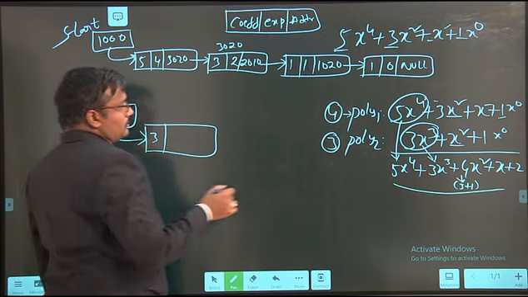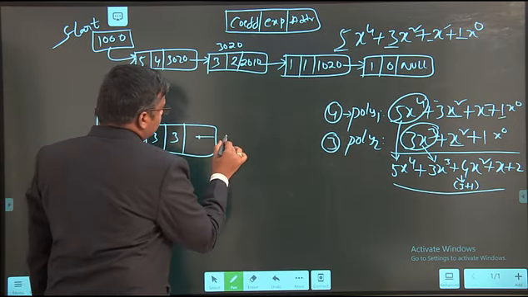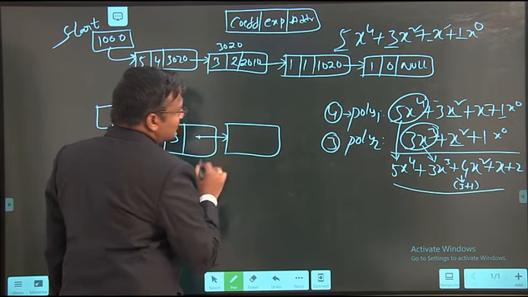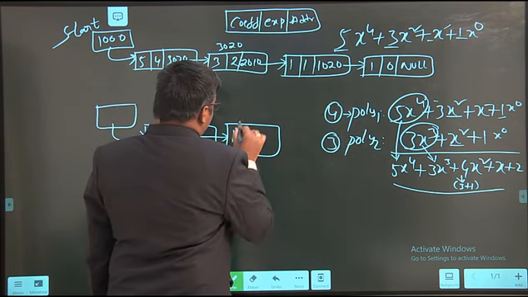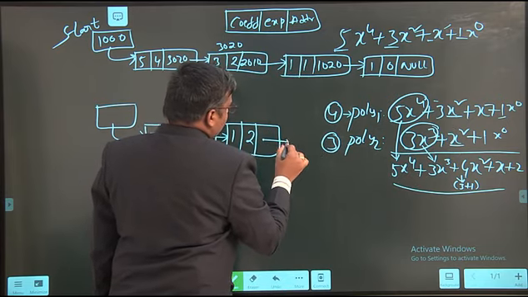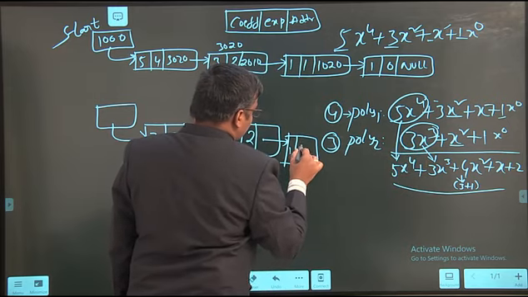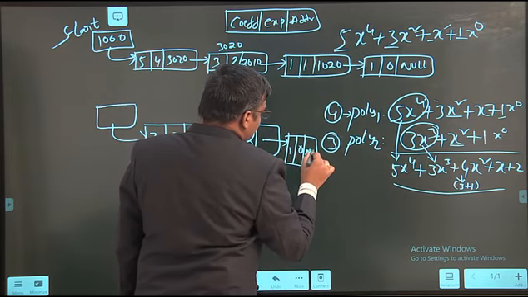The coefficient is 3, exponent is 3. The next term: coefficient is 1, exponent is 2. The next term: coefficient is 1, exponent is 0. So, this is null.